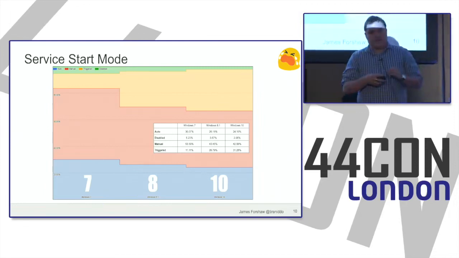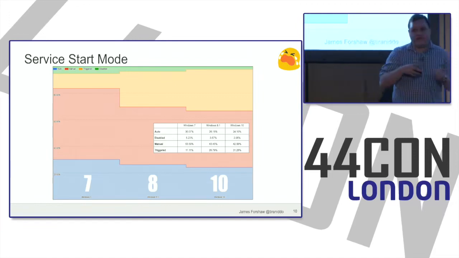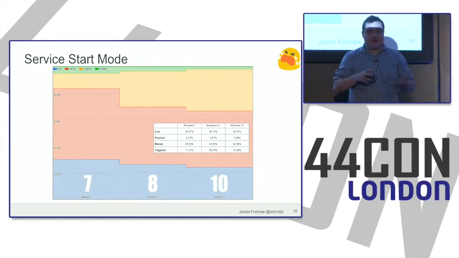Now, something that was introduced in Windows 7 is something called triggered services. These are services which effectively are manually registered, but there's some sort of information relating to that service which says, if this action happens, for example, if the network comes up, or I get a particular Event Tracing for Windows event sent to me, bring this service up. So these are effectively services which, while technically manually started, can be started automatically, usually from any privilege level.